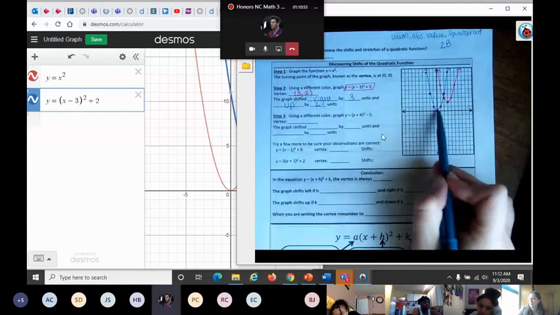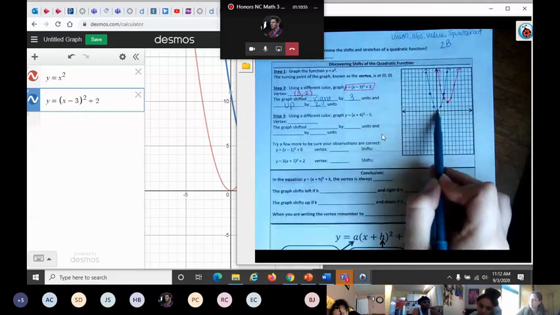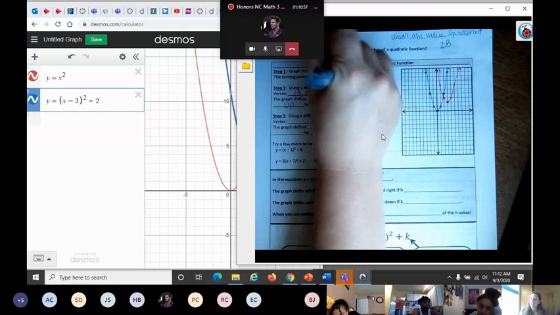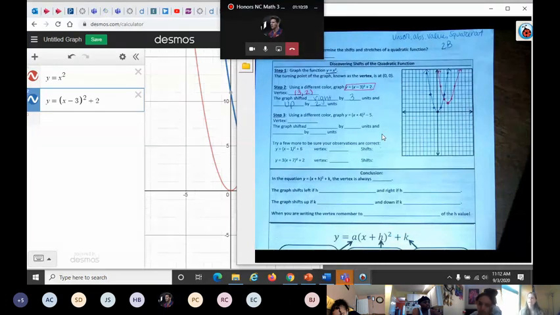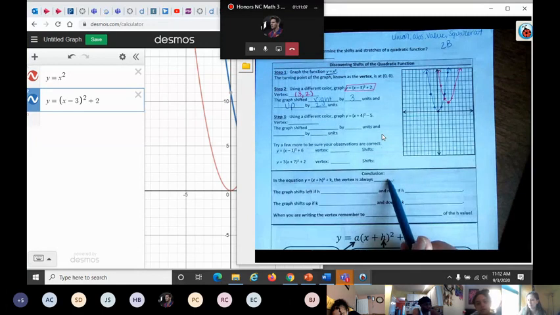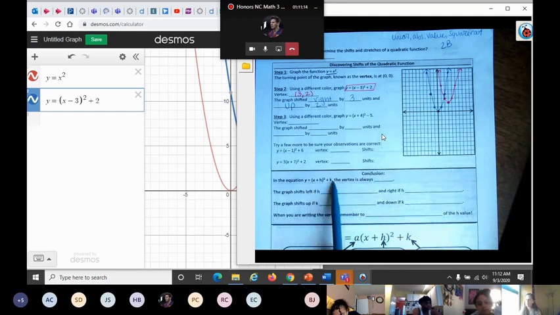You're always going to compare it to the very first function you drew, the parent function, because we're trying to see how it shifts or translates across the grid. So you'll do this and then you'll try to fill in your conclusion. So what happens when this H value is positive or negative? What happens when this K